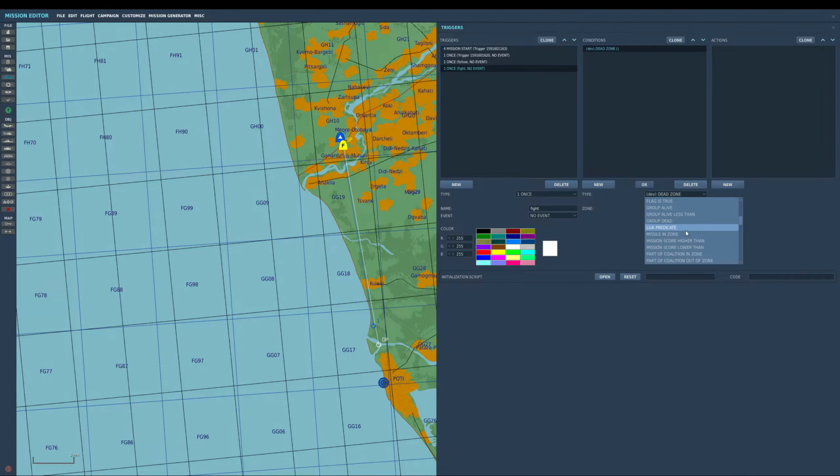New flag equals 2 2. So similar to what I did in the other video, this trigger is going to, once I press